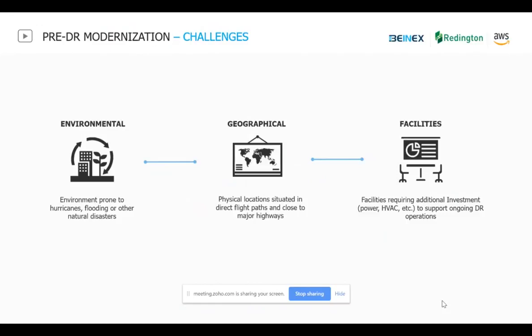Obviously, if you're hosting a data center right in the middle of the desert, you're going to be investing more on the cooling as well. If it's right in front of a direct flight path or a major highway, or maybe somewhere deep inside the forest, or even Microsoft has these data centers underwater as well. So all these things need to be considered as far as the geography of your DR data center is concerned.